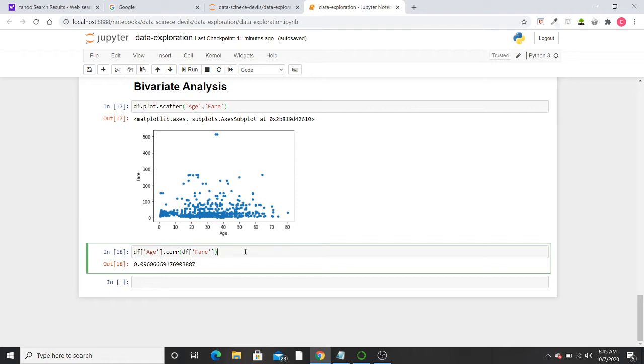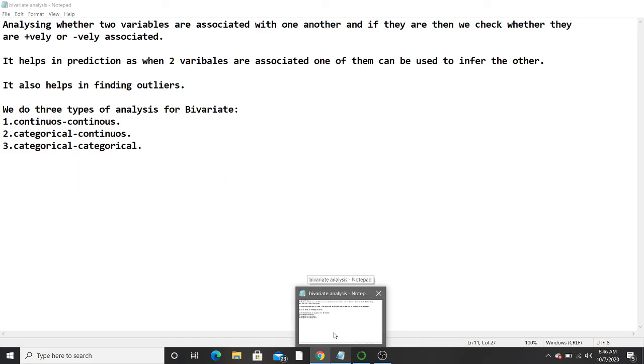So if you want to understand what correlation means, you have to study statistics first and then move on to data exploration. But for implementation purposes it's not much needed, though it's my advice to study statistics before doing any data analysis or data science project. Once my data exploration playlist is done, I will make, for sure, a playlist for statistics also, where I will explain statistics and also implement it. Now moving on to the present video.